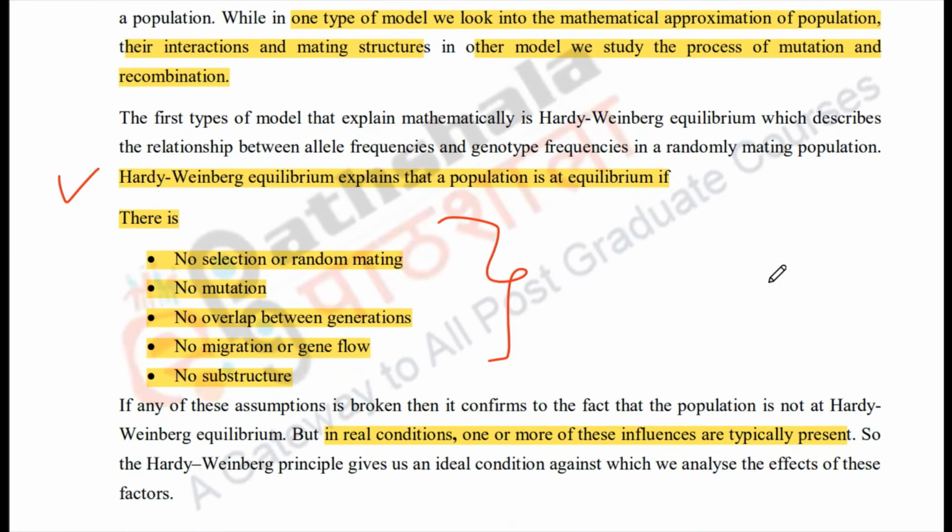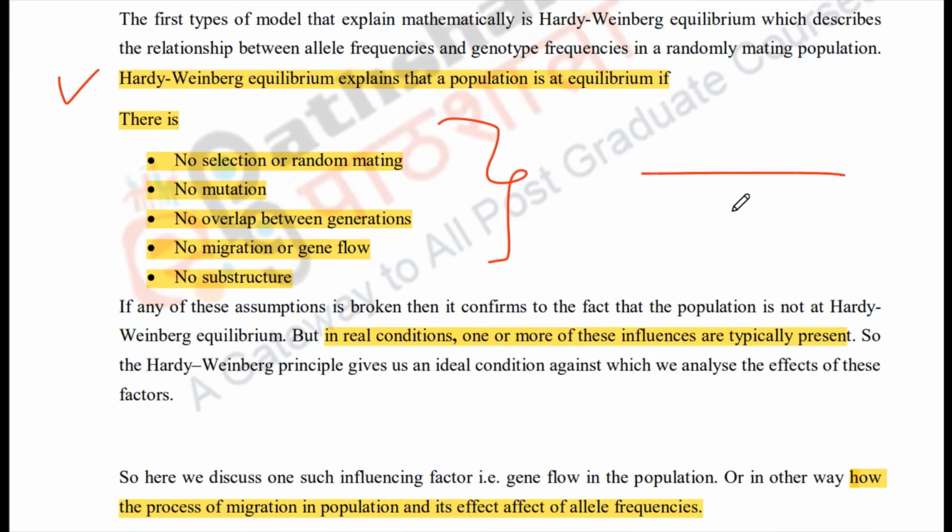Okay, so there are different models of studying these evolutionary forces, and when we're talking about a very hypothetical, very constant form of allele frequencies being maintained throughout generations, which we attribute to Hardy-Weinberg equilibrium, it gives us a baseline picture of what constant frequencies would look like. And with respect to this baseline, we are studying the deviations, right? So that is very important.